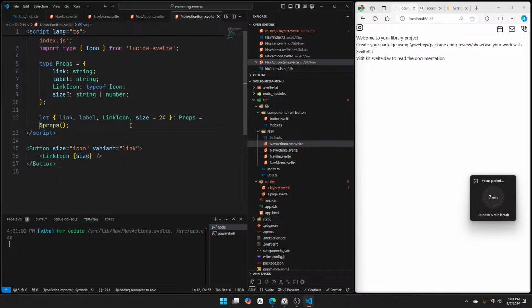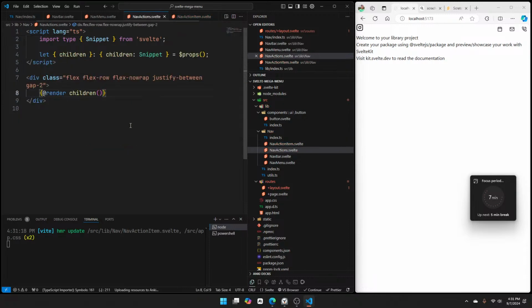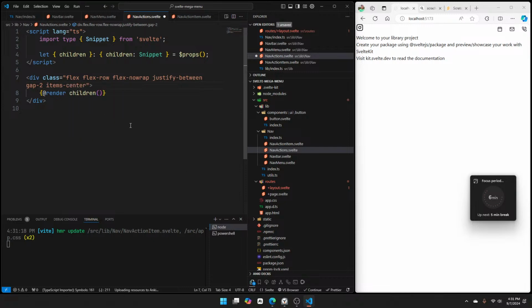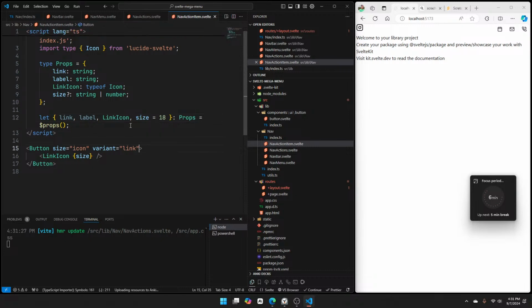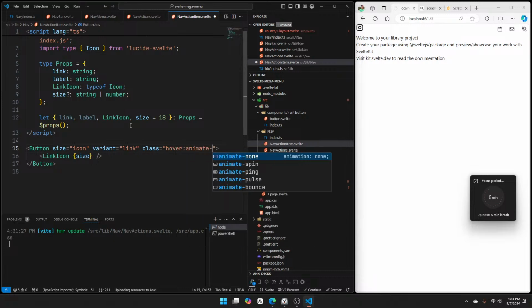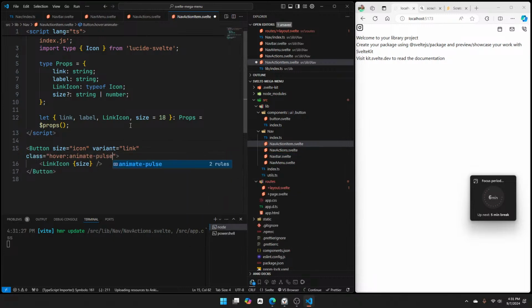And we can set the default size to actually 20, or 18 would also work, I guess. Justify between items would go with center so that they are center aligned on the x-axis, like horizontally, so that they all look even. And we'll also set class on hover we wanted to animate, and we wanted to pulse. That should work. And we have a pretty accessible button made using this thing,